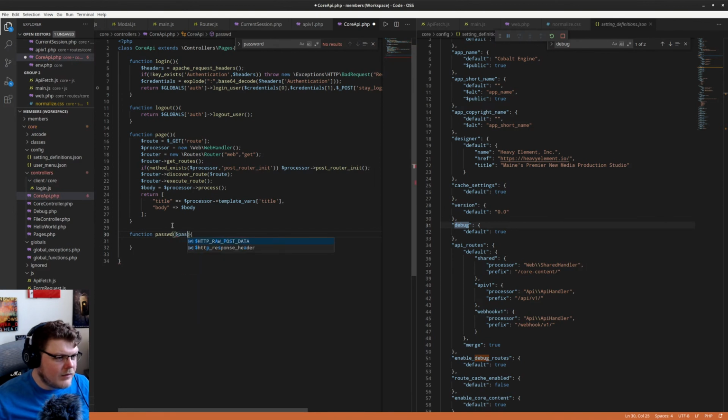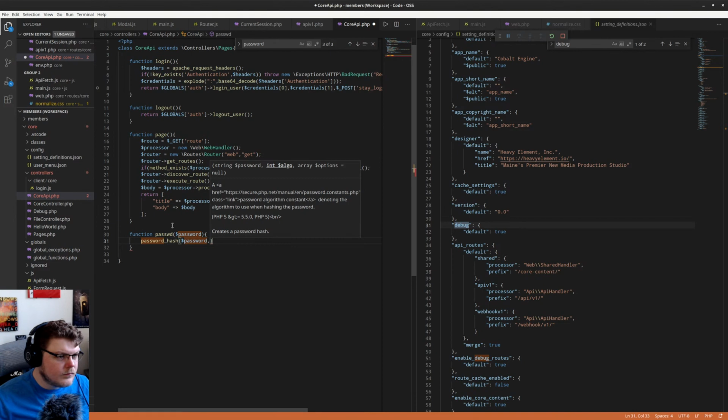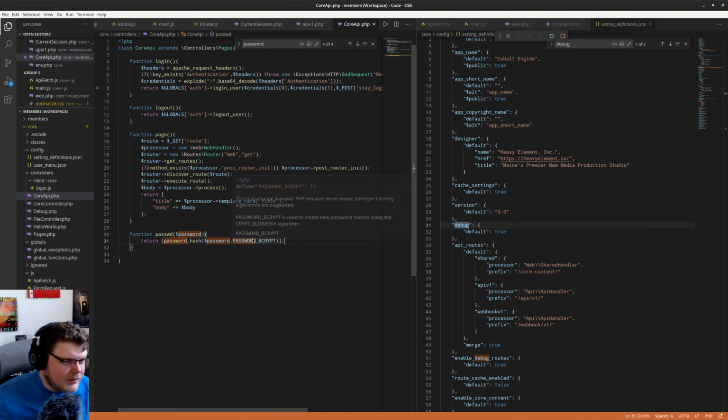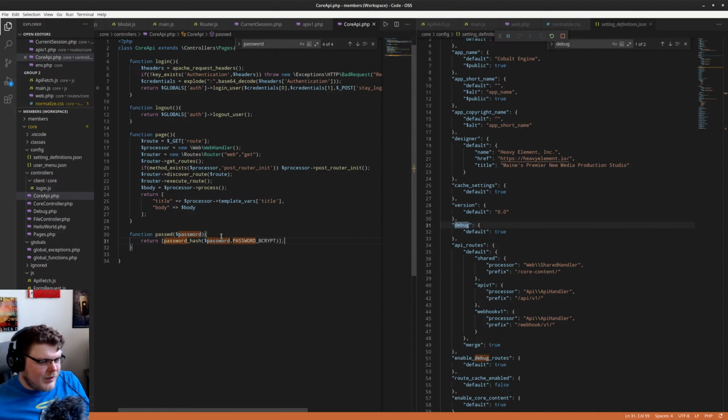And it's going to accept a password. And the password algorithm that we want to use, I think, is going to be bcrypt. I don't remember what it is. I think it's bcrypt. All right, so I'm just going to do this. This is a simple... I could have just done like PHP and